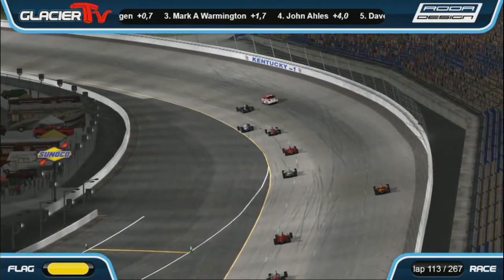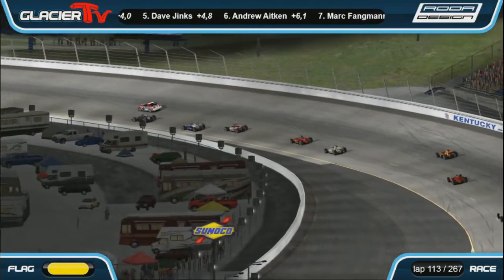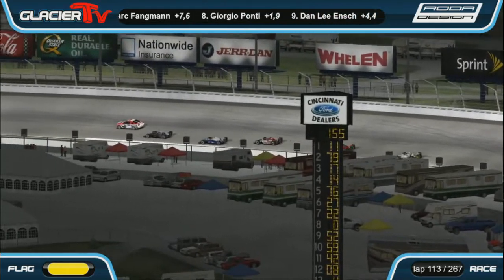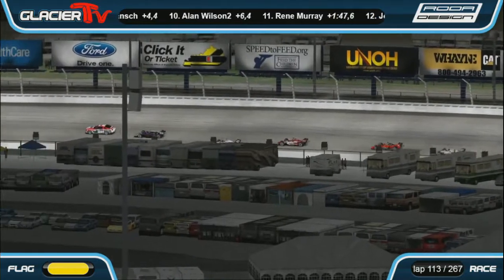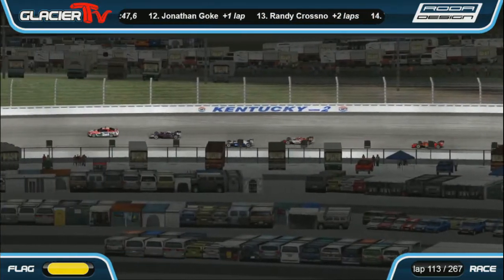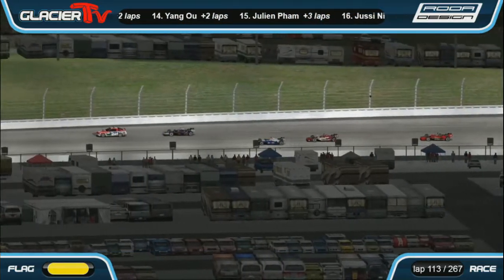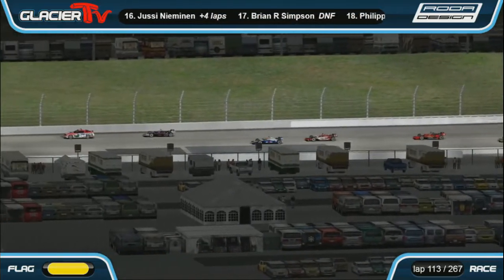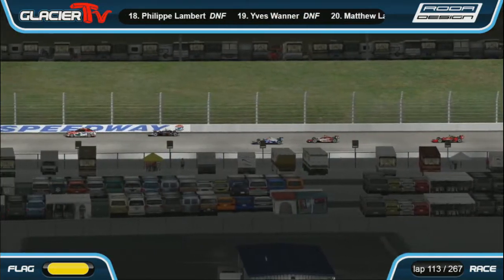And like I said, Jeffrey Kohlbergen, man on a mission. He's not going to be denied. He's right up on the rear wing of Tim Doyle, and he doesn't seem like he's going anywhere. He's definitely sending out a message today. So, I actually think... Go ahead, Will. No, go ahead. I was going to say, we're going to go back to Green Flag Racing